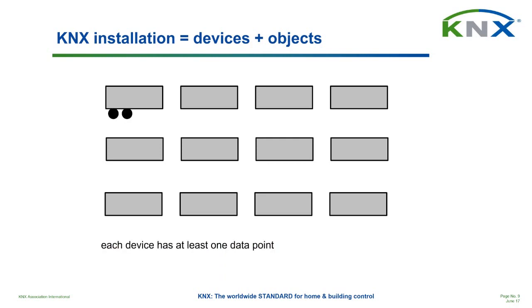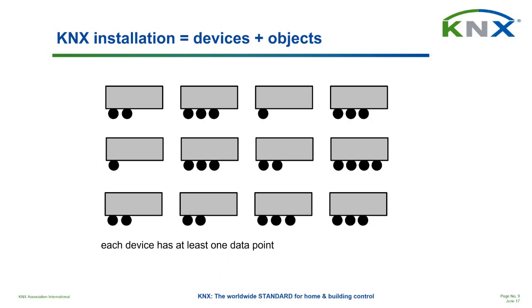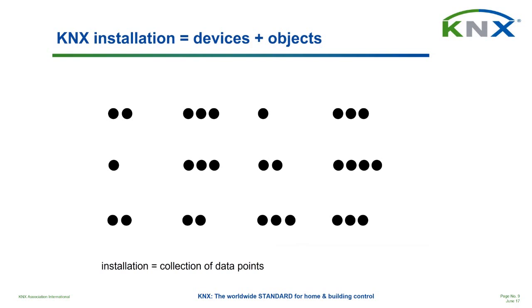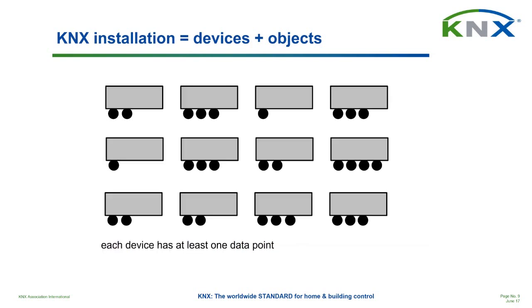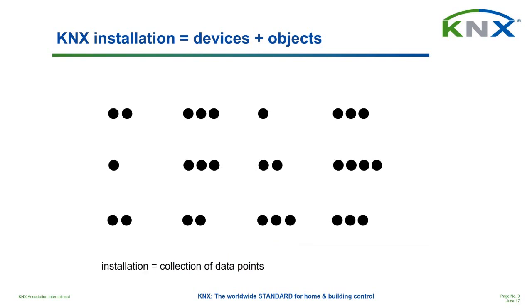Each such device has at least one data point. Otherwise, such a network doesn't make much sense. So there's at least one data point on each device, which means if I look at the other devices, I get more data points. And this is exactly the point I wanted to make. When we look at it, we can see devices, but